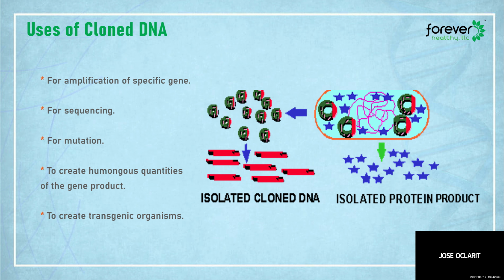So you can create a lot of products using a clone DNA. So this is one important purpose of genetic engineering, to obtain a product that is difficult to obtain. Before, it was very difficult to obtain insulin. Nowadays, there is no more difficulty because there is already a cloned human insulin gene that is inserted into bacteria, and now the bacteria will produce the human insulin. So truly human insulin, but produced by a bacteria. That is now the importance of genetic engineering.